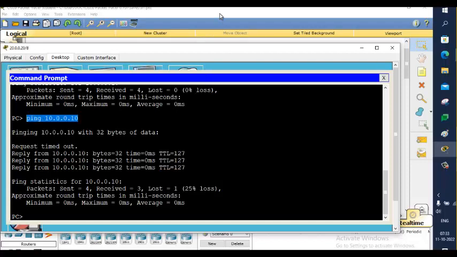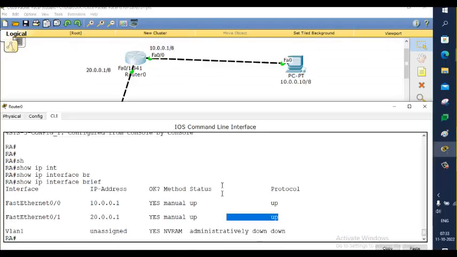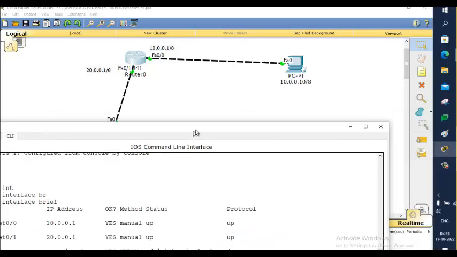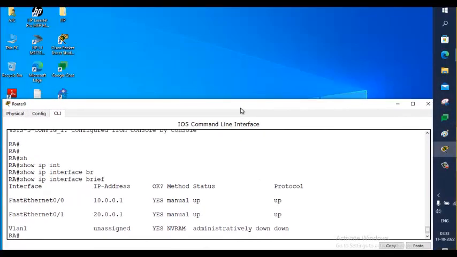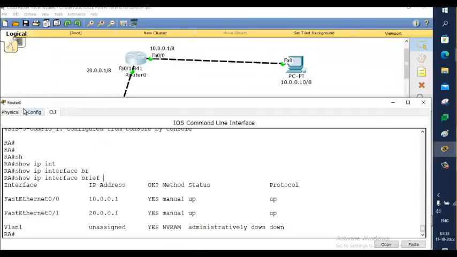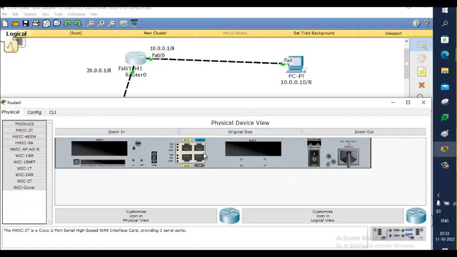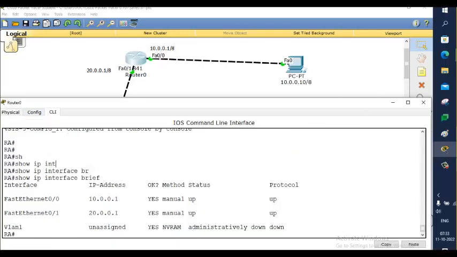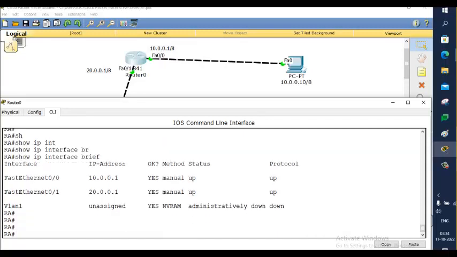Our router is working. Now we want to protect this router by giving a password. What I am accessing now is a console port. I'm accessing that blue port which I showed you in the previous class. You remember this blue port. For this, no IP address is needed. If someone accesses this blue port, they can come and erase this configuration. How do you protect it? You need to go under